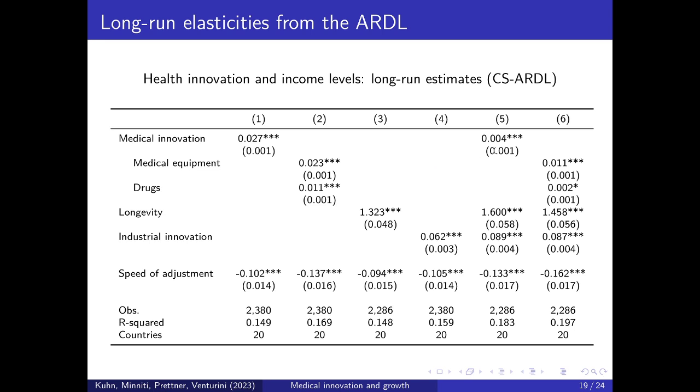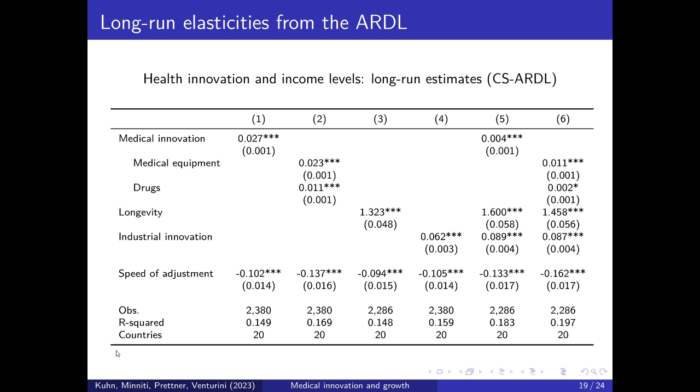Medical innovation, the coefficient size decreased strongly, but nevertheless it's still significant. Industrial innovation also gained in importance, the coefficient size increased. So here is still some spillover of medical innovation on economic growth, for example, because some of the equipment innovations can still be used to increase economic growth. That's also what we see when we split up medical innovation into equipment innovation and pharmaceutical innovation. Pharmaceutical innovation is only significant at the 10% level anymore, while medical equipment is still significant at the 1% level, and the coefficient size even increased.